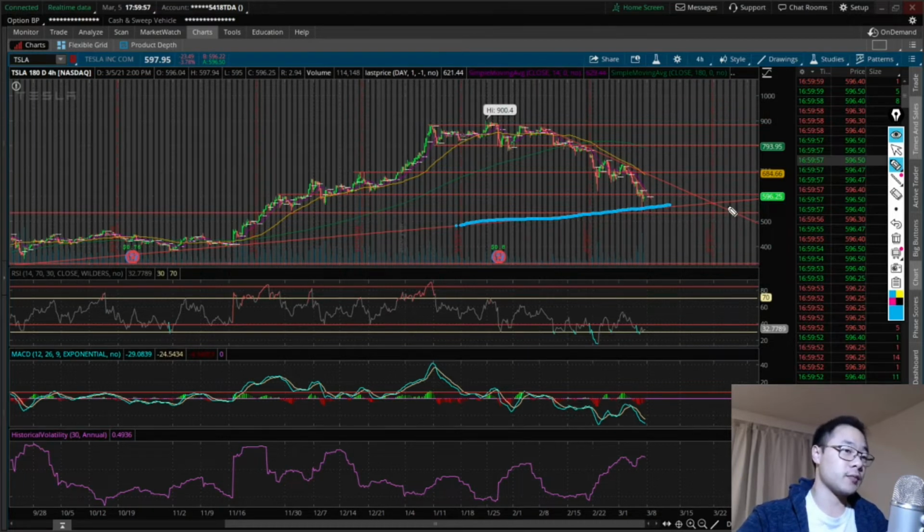And this is what is outlining and supporting the overall bullish run that Tesla is having. So if we broke down below this line, that would mean this trend line is negated and we are no longer in a bullish trend for Tesla. And I mean this long term, on a 1 year chart. So at least for now, at least this week, Tesla did protect this trend line, bounced off in a major way, and now we've gone all the way up to